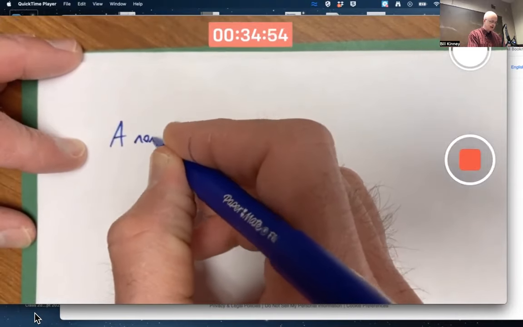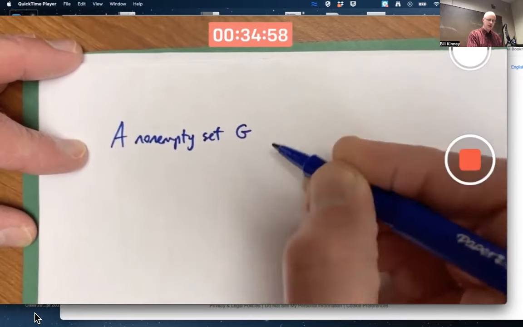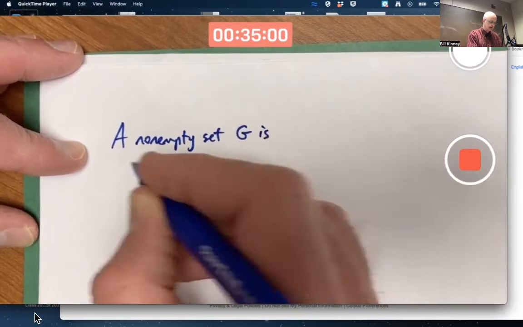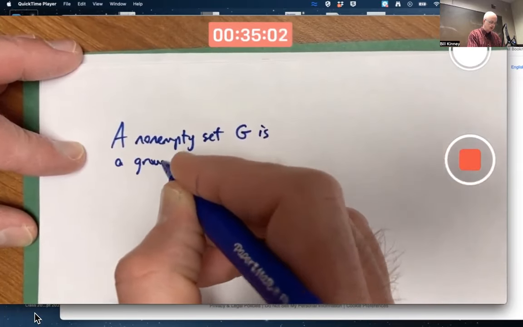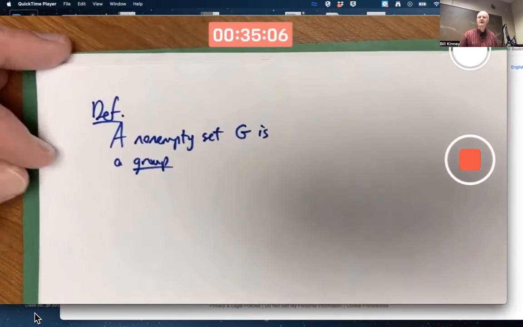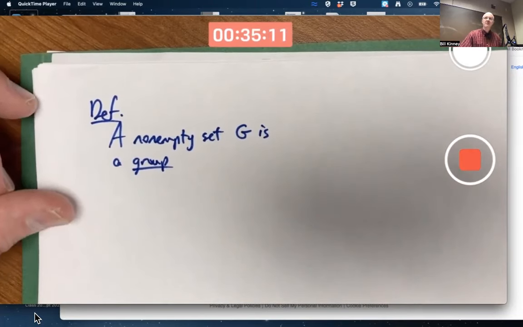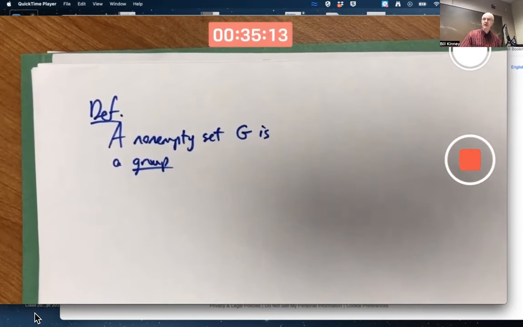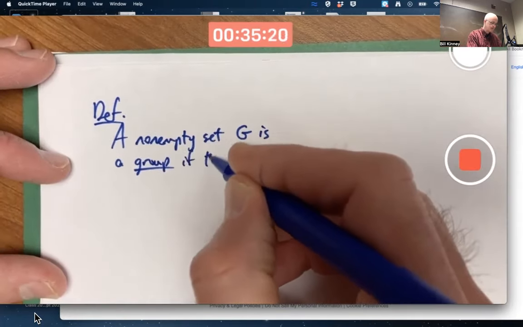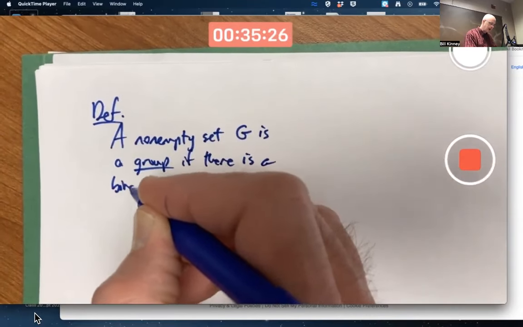A non-empty set G is a group. You could say this is our most important definition for the semester. A non-empty set G is a group if, first of all, there is an operation associated with G. If there is a binary operation